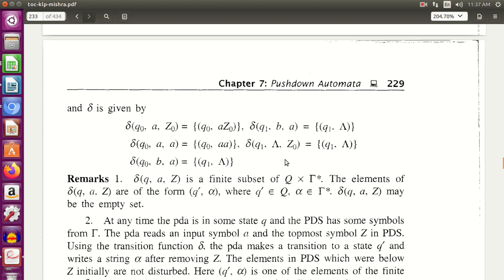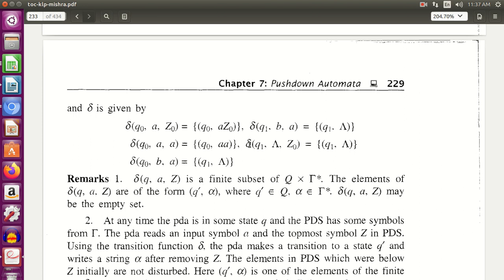Okay. And finally, what do I do? The final transition of this entire construction is, I am in Q1. I am getting a lambda. That is, I am getting nothing, and this is an empty stack. There is nothing in the stack, so I just remain in the same state and I am just popping this Z0 also. So this is required to terminate the entire process, to tell the machine that okay, my construction is done.